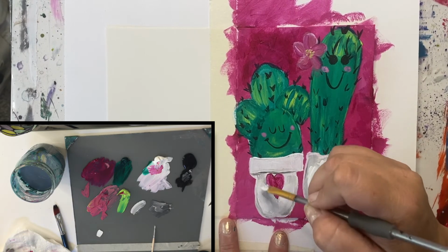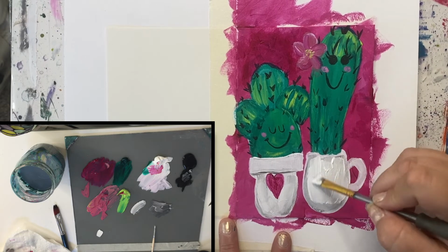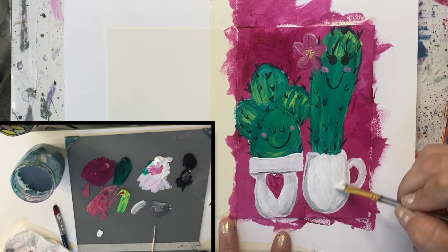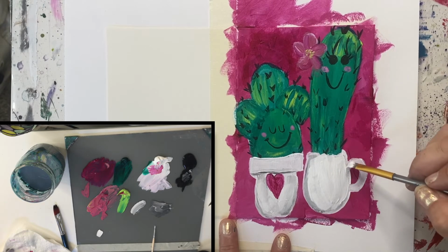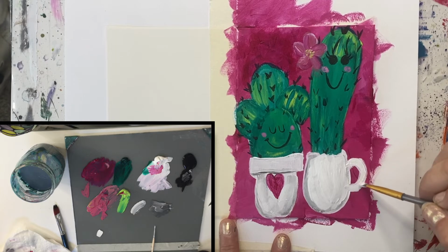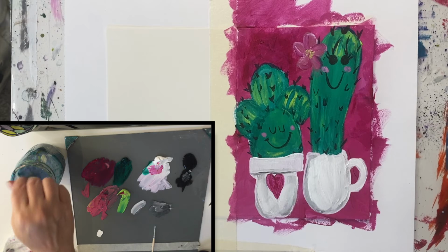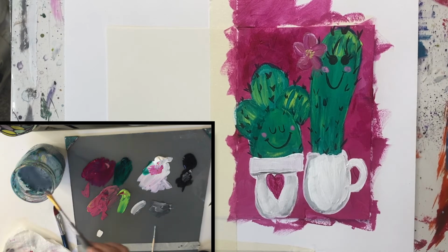Again, this one, I love texture. There. Now we got a little depth to our coffee cups, and we'll let those dry as we add little white dots to our face. Okay? So go ahead and get your smaller brush out, and we're gonna go ahead and add some,